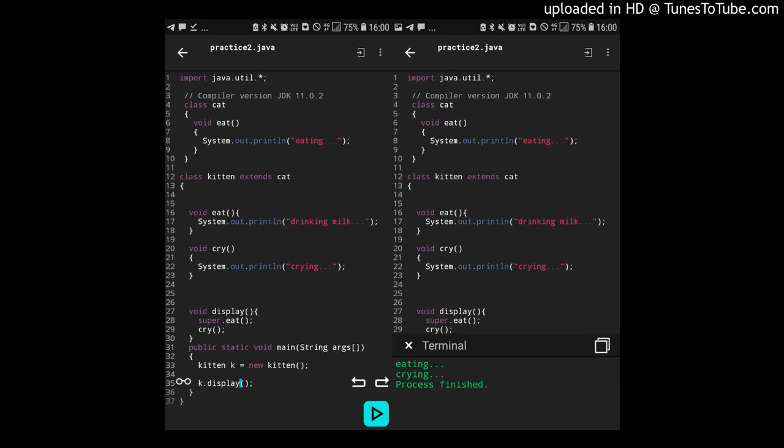This was an example of how to use the super keyword to access the functions of the parent class in case of inheritance whenever there is method overriding. The last one will be how to use super to call the parent class constructor, and then after that we have some small examples.